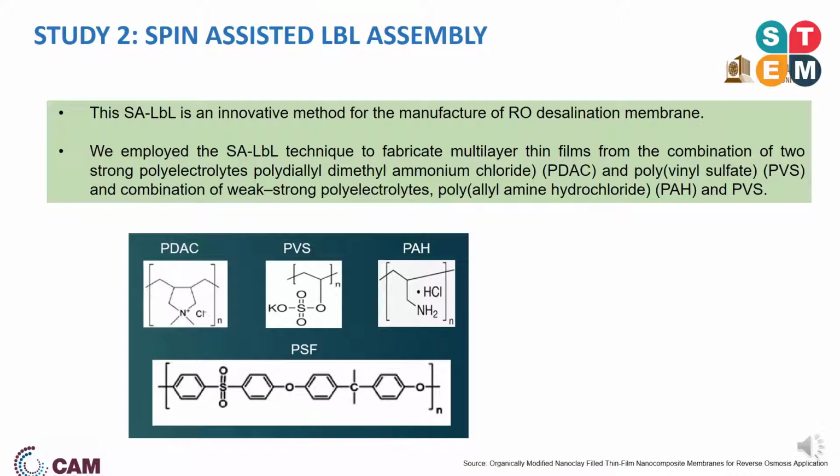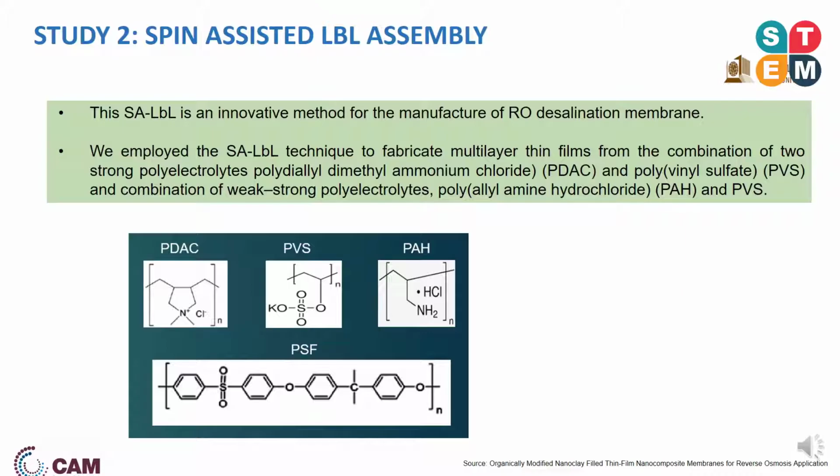Now moving on to the next study, which is the spin assisted layer by layer assembly technique. This is an innovative method for the fabrication of reverse osmosis desalination membranes. Here, we are comparing the performance of two polyelectrolyte combinations. The first is a strong polyelectrolyte combination, and the second is a weak and strong polyelectrolyte combination. For the first, we use the polyelectrolytes poly diallyl dimethyl ammonium chloride and